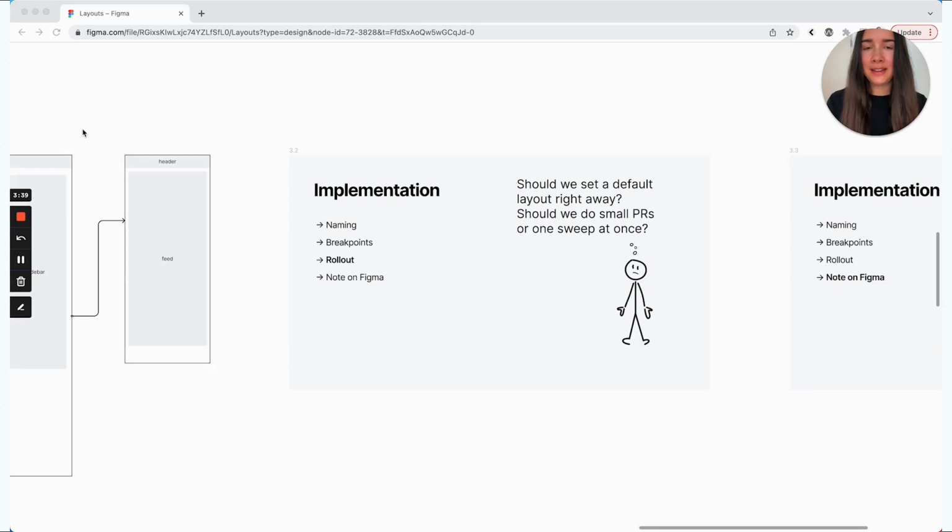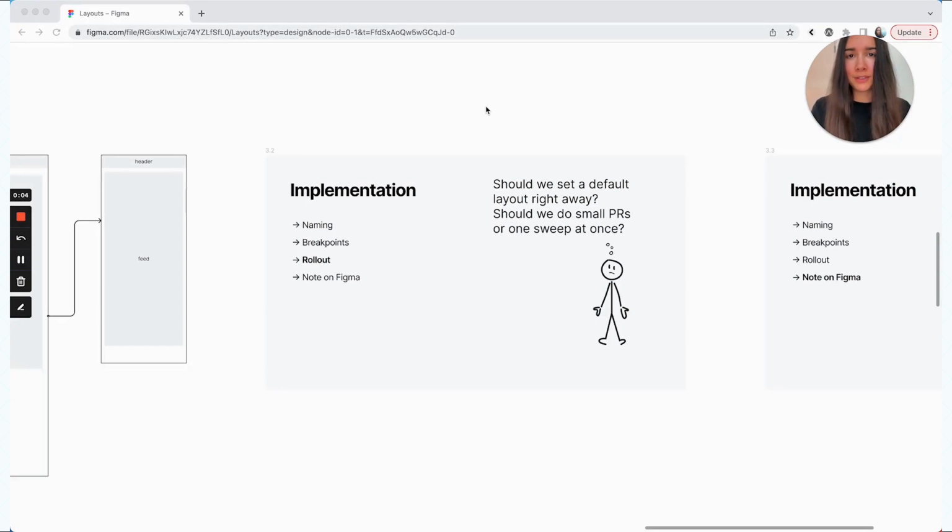So personally, I like having one clean cut where I get the new components implemented or modify the existing ones. In that same pull request, I delete all of the older components, replace all of the existing instances. And the reason I love doing it this way is first, I get to remove tons and tons of code. And the second is that I want no traces to be left of any old components to make sure that no one is accidentally using them. So I understand that in the case of something as drastic as layouts, it does make sense to take it slower. So please do if that's something that will make you feel safer.